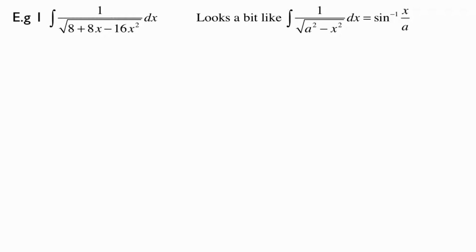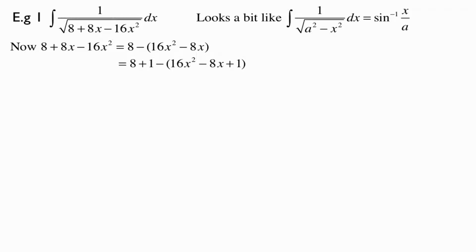of x on a. So what we need to try and do is manipulate that expression underneath the square root sign in such a way that it fits the standard integral table, possibly with a substitution. So looking at that quadratic, 8 plus 8x minus 16x squared, let's just split it up a little bit, and now we're going to complete the square. Completing the square on both those things, and we get 9 minus (4x minus 1) all squared, which of course